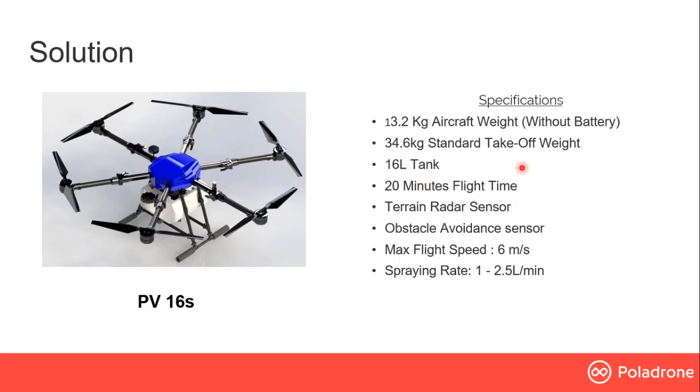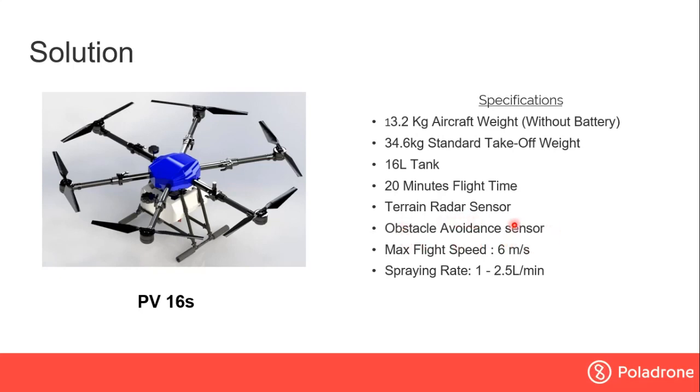And this thing you see here is a terrain radar sensor. What this does is very important because, as you know, there are no flat lands, there are ups and downs. So this allows the drone to automatically follow the terrain, go up and go down, so it won't crash when there's an irregularity or an object in front.